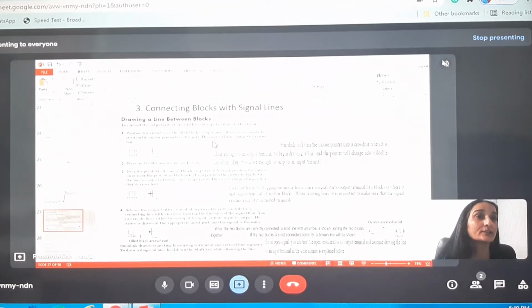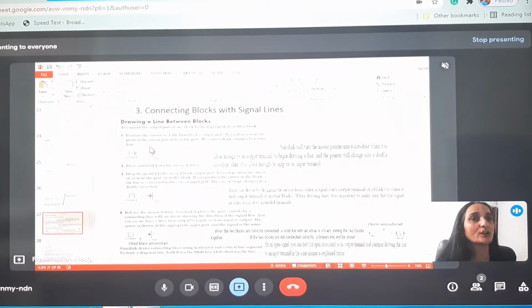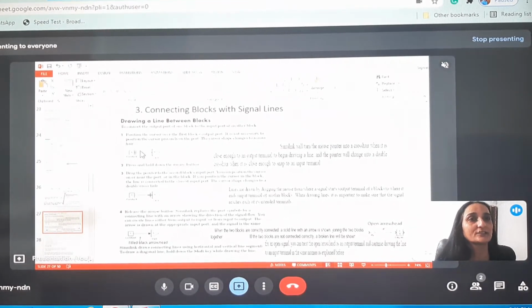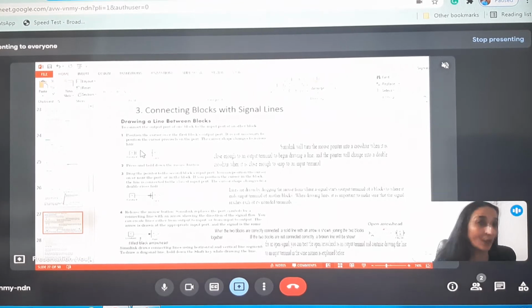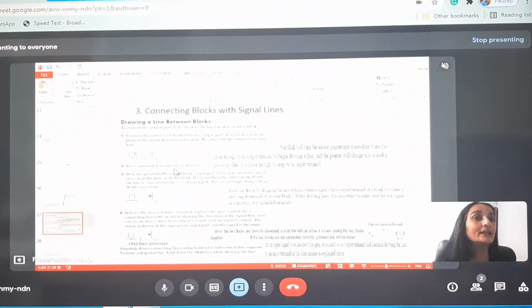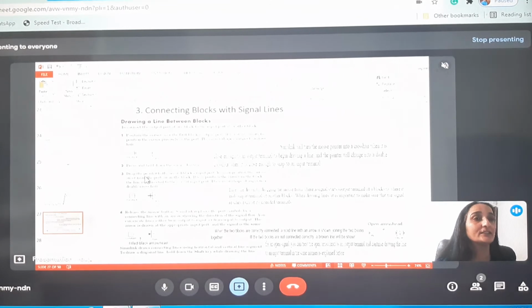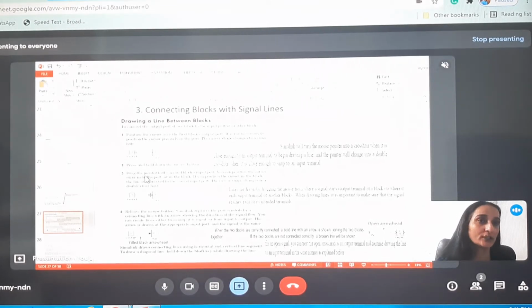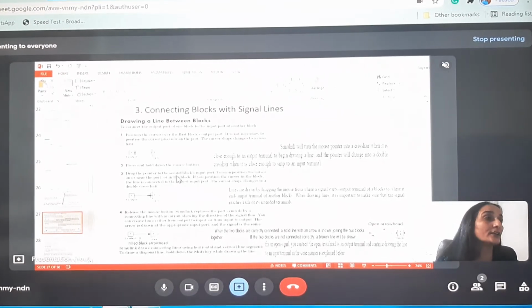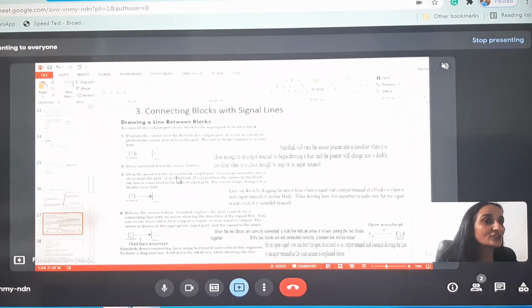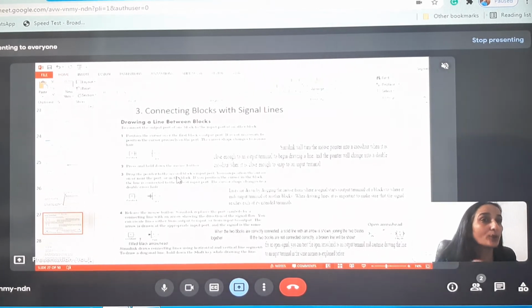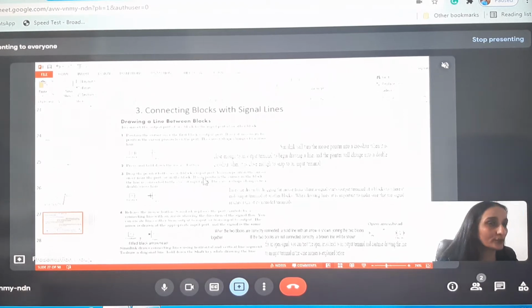The cursor shape changes to a crosshair. Now press and hold down the left mouse button. Now drag the mouse pointer to the desired destination block's input port.